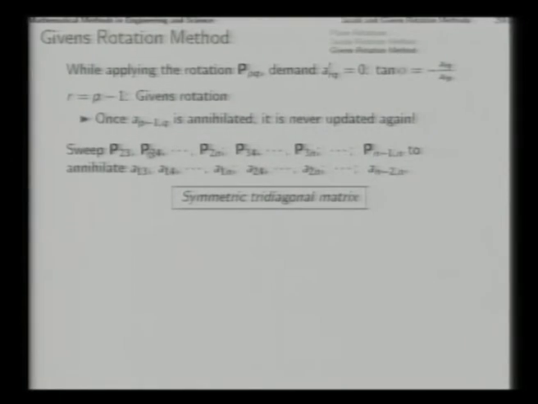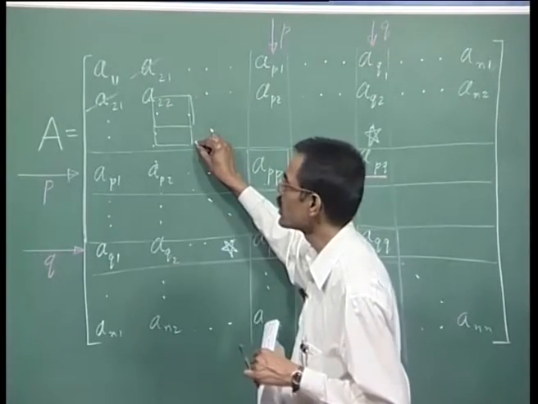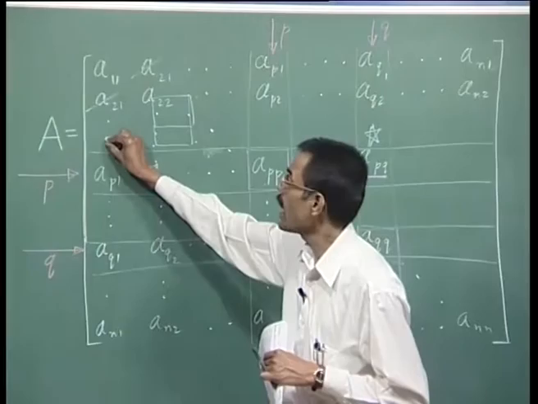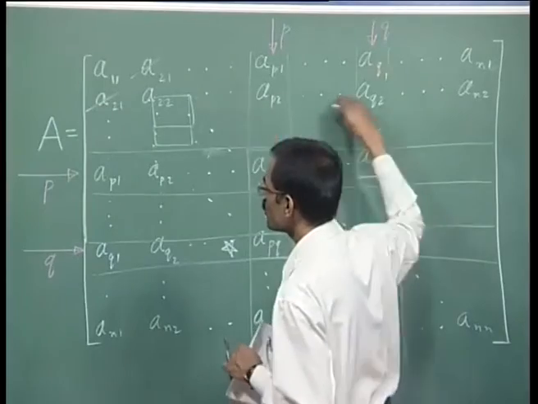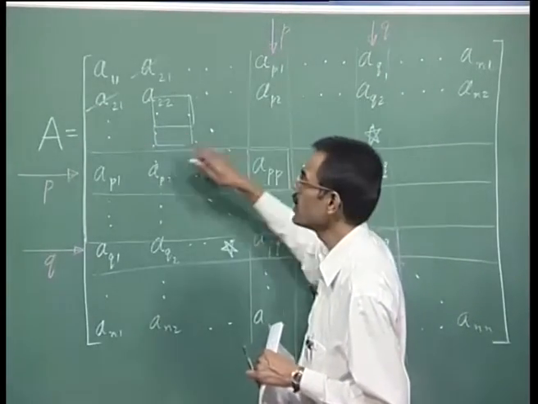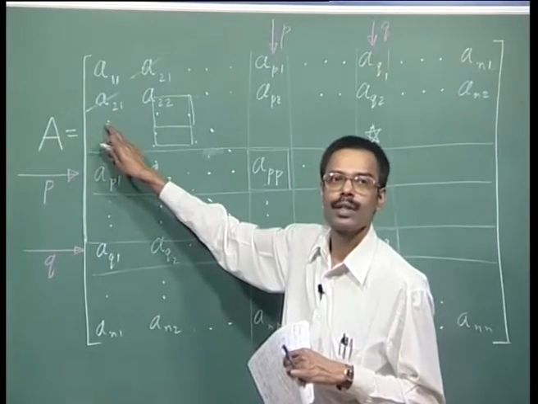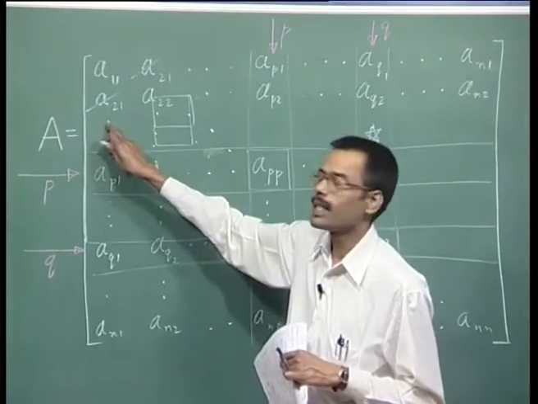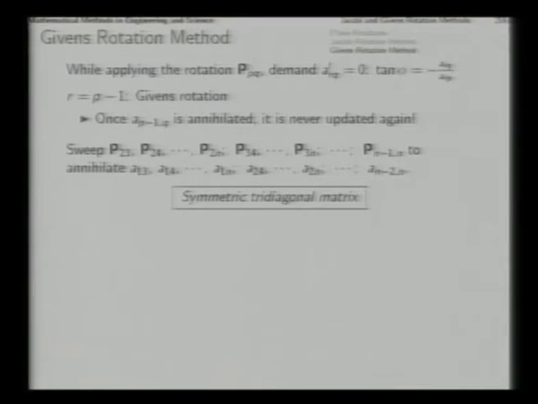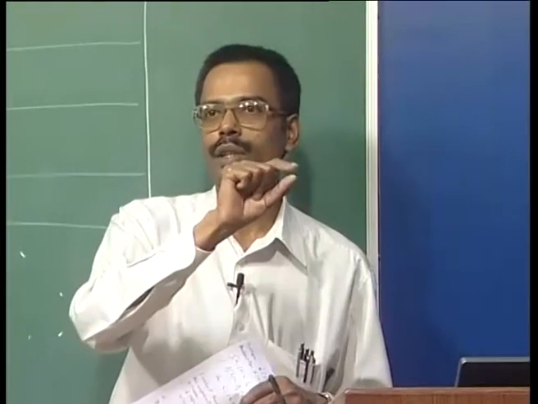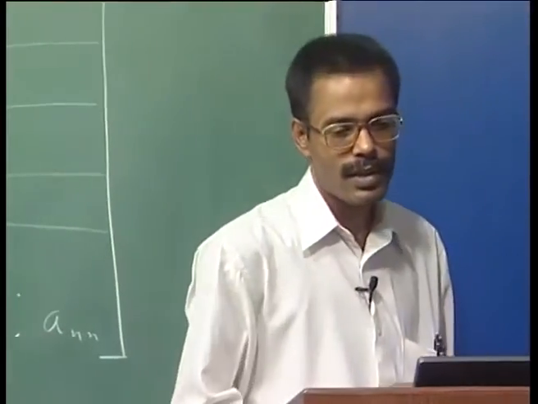P24. That means with these 4 as the corner points, in order to make this 0, and in that you will find that if you are applying P24, then only the second row and the fourth row will be updated, the third row will not be updated, and the 0 that we have set in the previous case is sitting actually in the third row. That way the successive Given's rotation transformations will not at all update those locations which were set to be 0 in the previous Given's rotation, and this has an advantage.